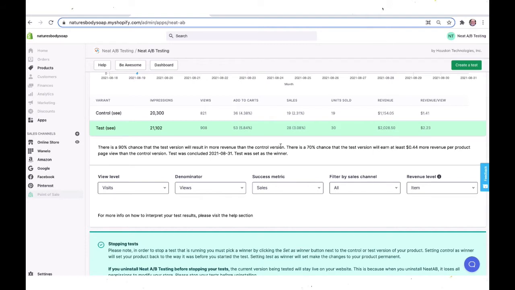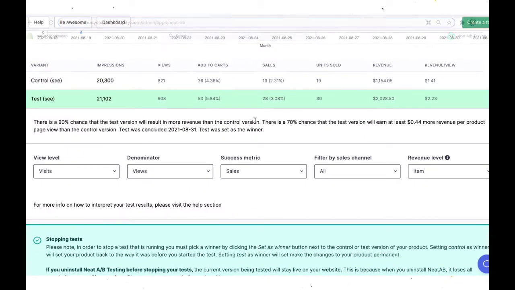The first is because not enough people have been through your test and you need to let it run longer. Second, sometimes the test results are really close and there's not a definitive winner. So if you've been running a test for a long time and you're still seeing a number here like 52 or 58%, chances are that the test result is just flat. So whatever you did didn't really make a difference and we can't determine the winner. But, as we say, there are no failed tests. Every test is a step further into gaining valuable insights into your store and learning something new about your visitors.